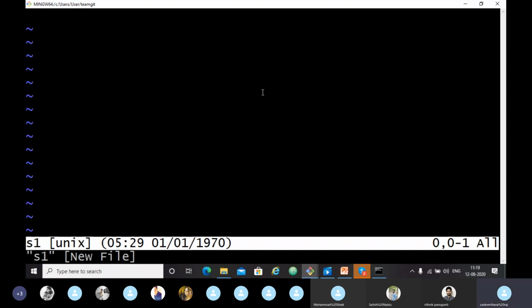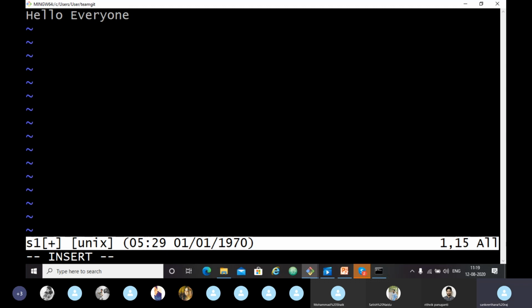Now if you want to write anything in this editor, first you have to press i. Here it is showing insert. Now you can write anything you want. I'll just place my cursor here. Hello, everyone. Okay, now we have added some message into our file, and now we want to save it and then exit.